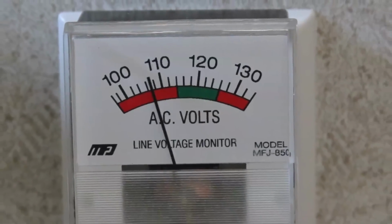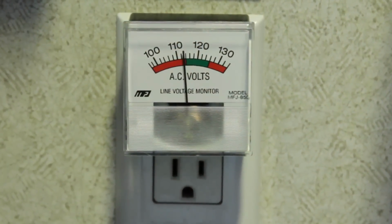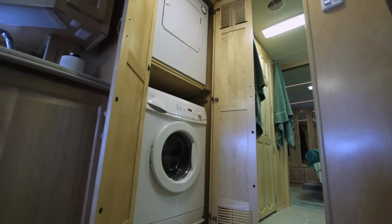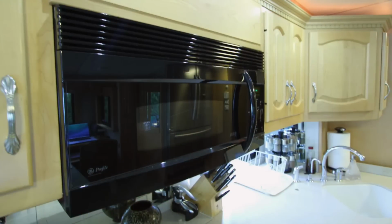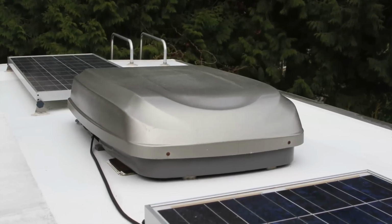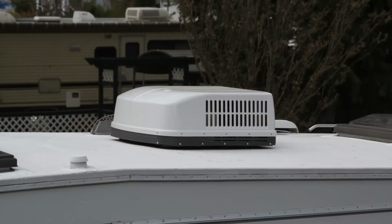Low voltage can damage your RV's equipment over time. If you don't have and use a voltmeter, you should. While low voltage isn't good for any equipment, the things most vulnerable to damage are devices with motors in them, like washers and dryers, residential refrigerators, and expensive equipment that just about every RV has, like microwave ovens and especially air conditioners. Low voltage causes these appliances to draw more amps, or current, which can lead to overheating and premature